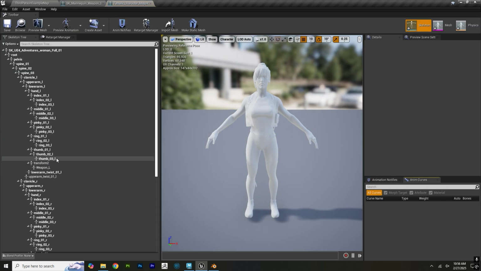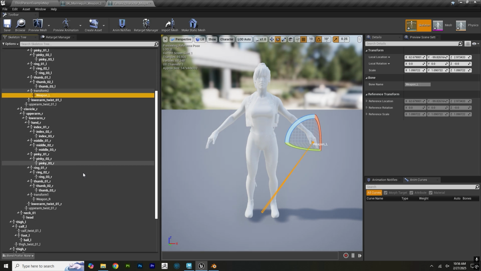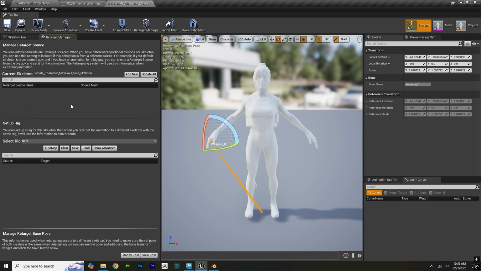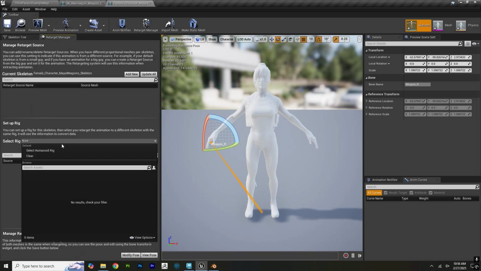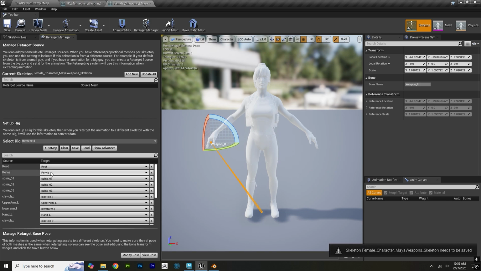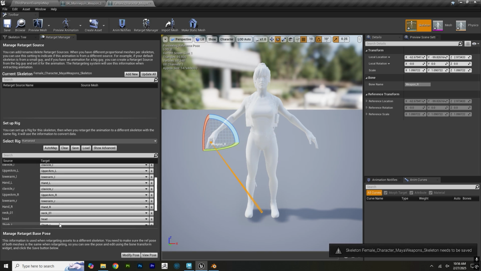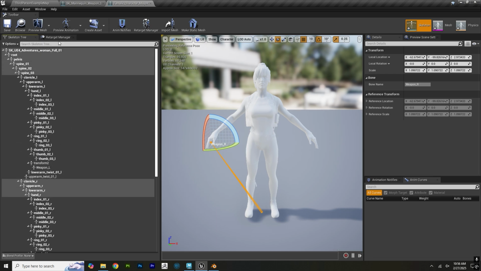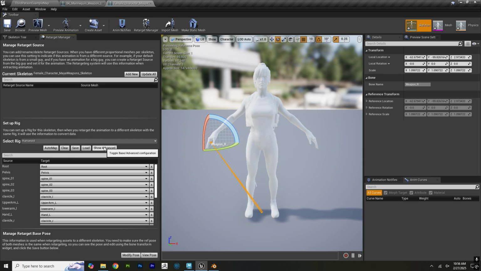Make sure that the weapon bones, that's odd, that shouldn't be like that. Well, we're going to try this anyways. In the retarget manager, go to select rig, select humanoid rig. Don't do auto map or anything, just leave it the way it is because the skeleton is named the right way. So we're going to go to show advanced, and all the way at the bottom you're going to see